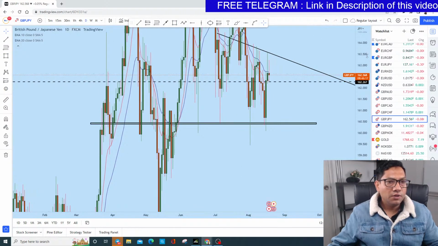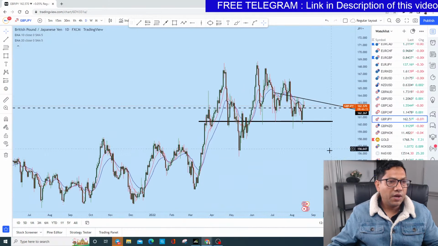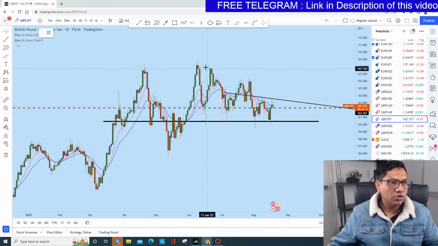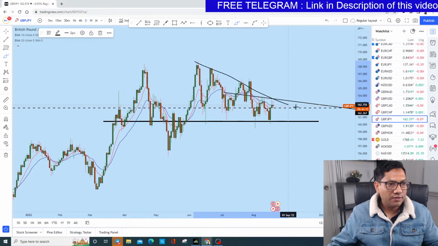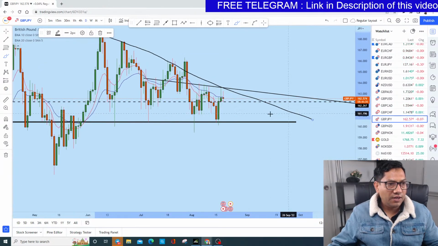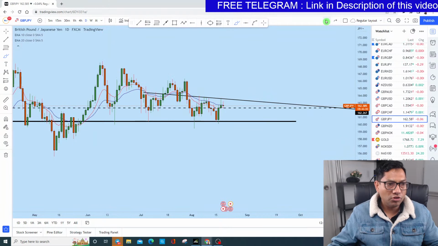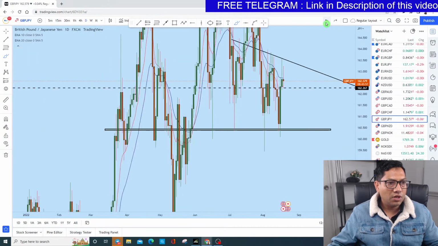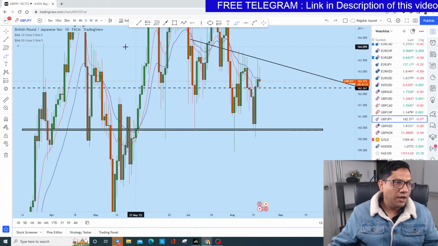Okay, so we see that the price was creating a series of lower highs, there is a trend line here. Okay, you can see that. But the way the price action is formed, I think it might break this high and continue to rise, because it's a long-term bull, but at any point anything can happen.